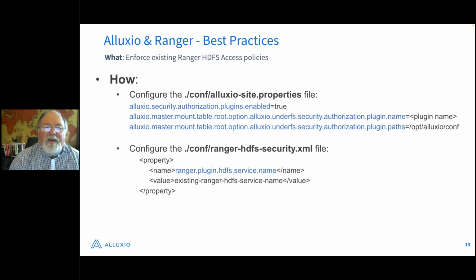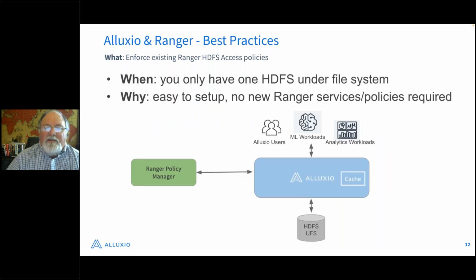In the Ranger setup, you simply have to reference the service name that's employed to administer those current and existing HDFS services or policies. So it's an existing Ranger service name that you would reference in the Ranger setup files. Again, this is for people who are using Alluxio to mainly access HDFS.